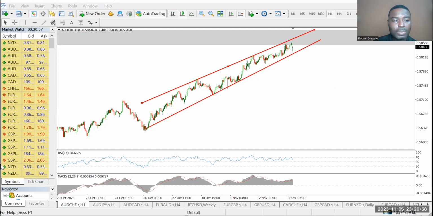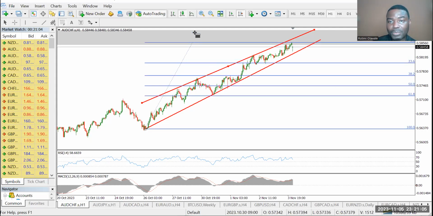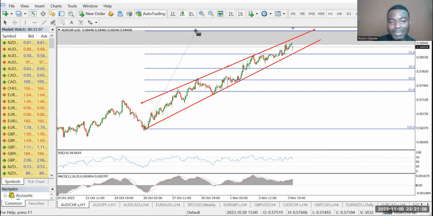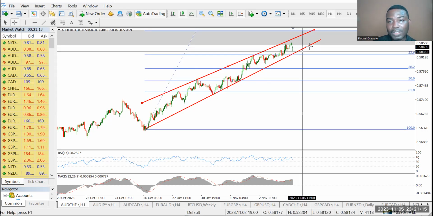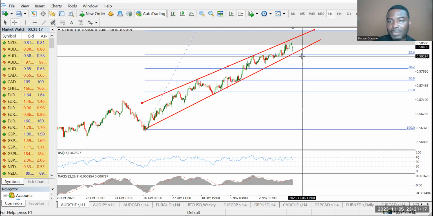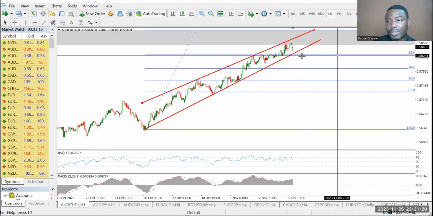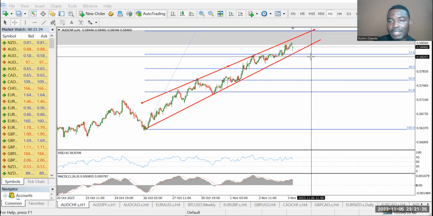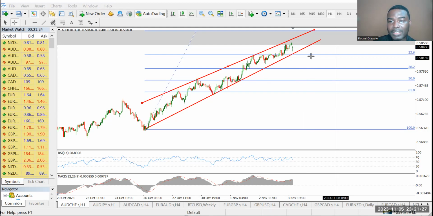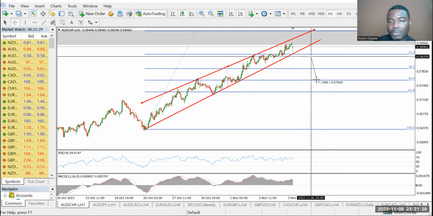And we can also take a look at the possible profit potential of this using Fibonacci. Now, price could enter into any part of this zone. So let me just use the upper part of the zone just for analysis sake. So if price breaks out of this zone downwards, looking at price breaking out below Fibonacci 23.6, some pips below 23.6, if you target Fibonacci 50 and Fibonacci 61.8, at Fibonacci 50 we should be looking at around 60 pips,